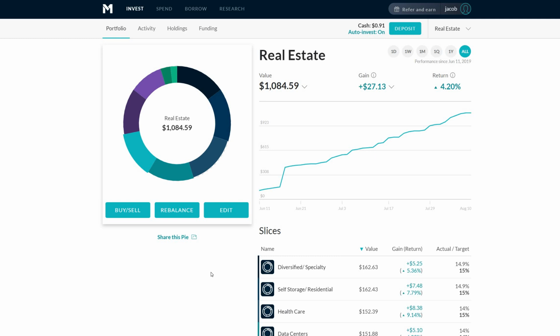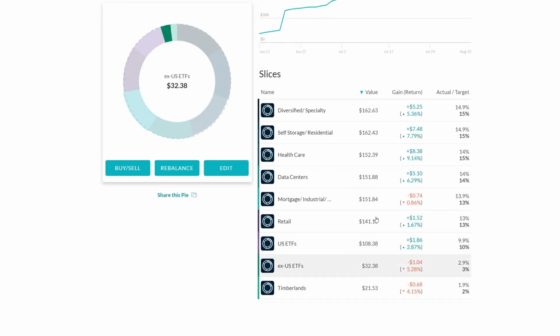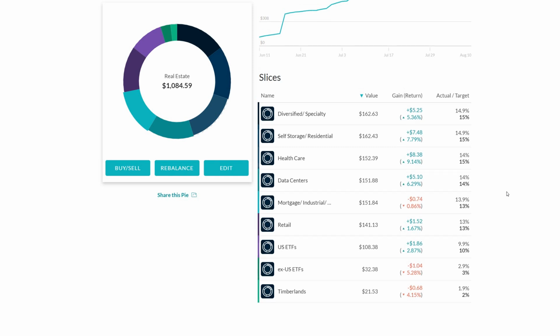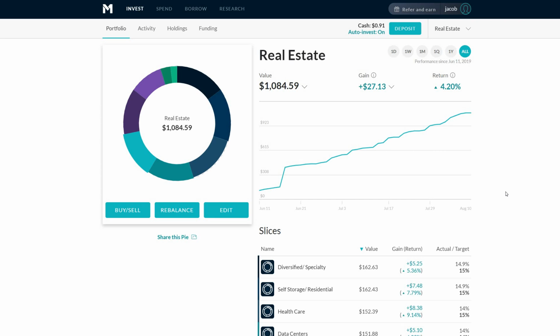But I can tell you right now, I would never have taken an approach like this had it not been for M1 Finance. With Robinhood, I could have done something similar, but I don't think it would have required a lot more hand holding. Whereas with M1 Finance, I set it up. I've done my due diligence when setting this up. It took me a good couple of days and weeks to figure out exactly what companies I wanted to add into the target allocation. I may change this as developments in the economy come up and what the Fed's going to do with interest rates. But for now, I'm pretty happy with how it's set up, and I just let it sit there and run